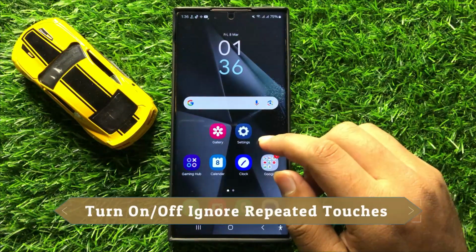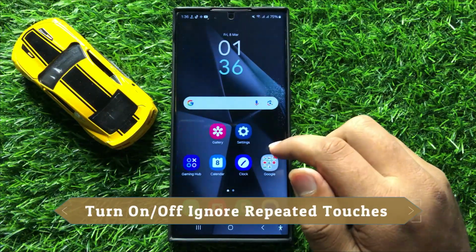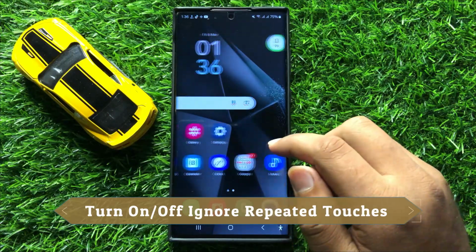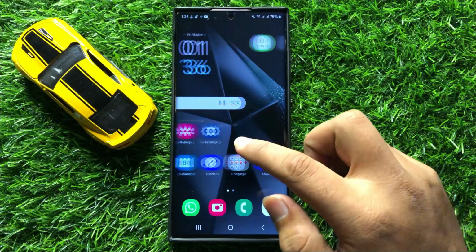Hello everyone, in this video I will show you how to turn on or turn off ignore repeated touches in